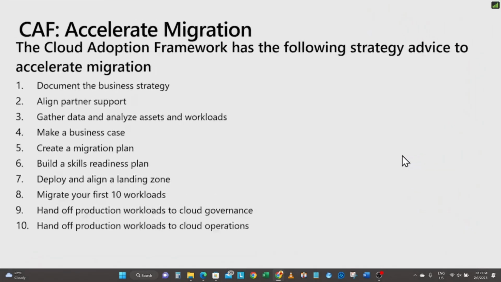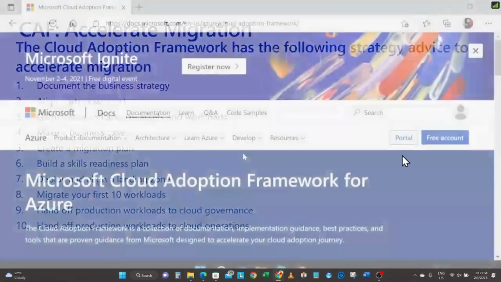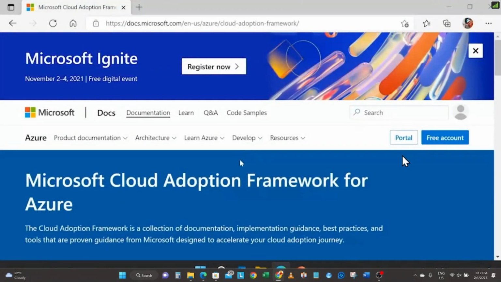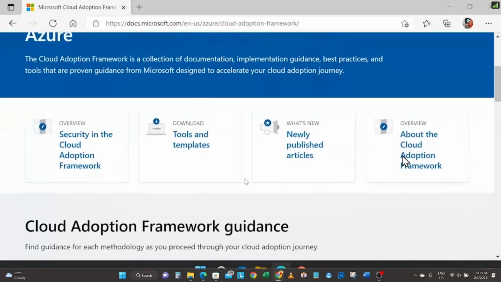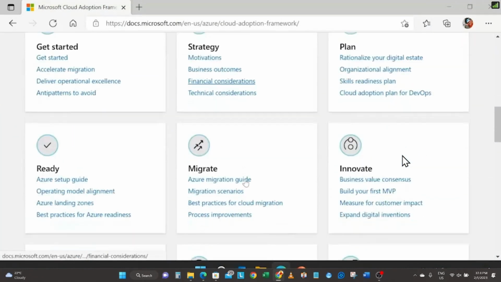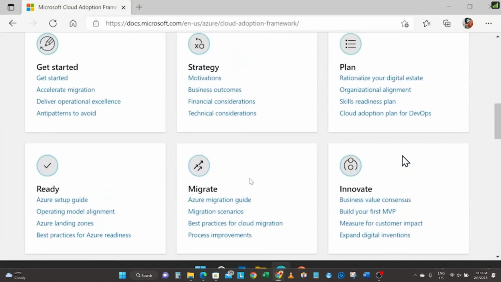But the one thing I want to show you is there's a wonderful website, and I want to take you to that website right now so you can actually take a look at it. It's the Cloud Adoption Framework website. And the great thing about this website is that it gives you all the documentation that you can look at. Now, I know what you're thinking as you see all these links going, Matt, that's a lot of stuff. Yep, it is a lot of stuff. This is a big deal.